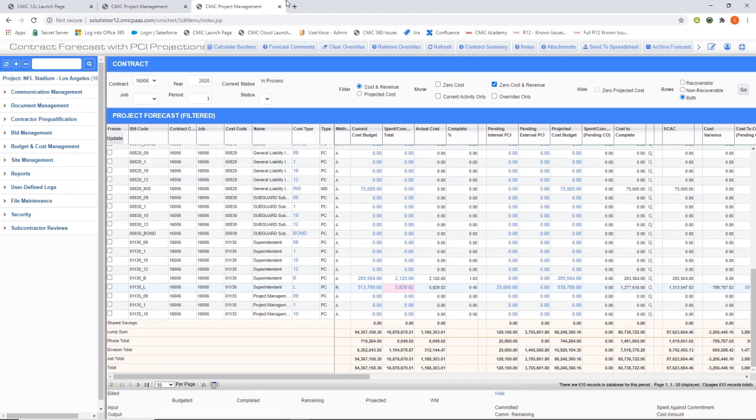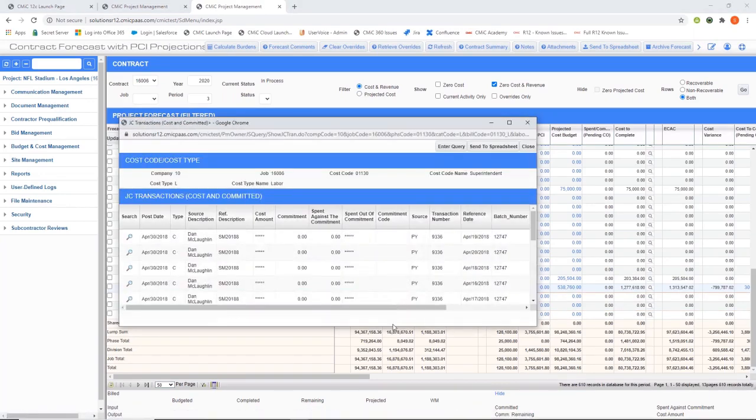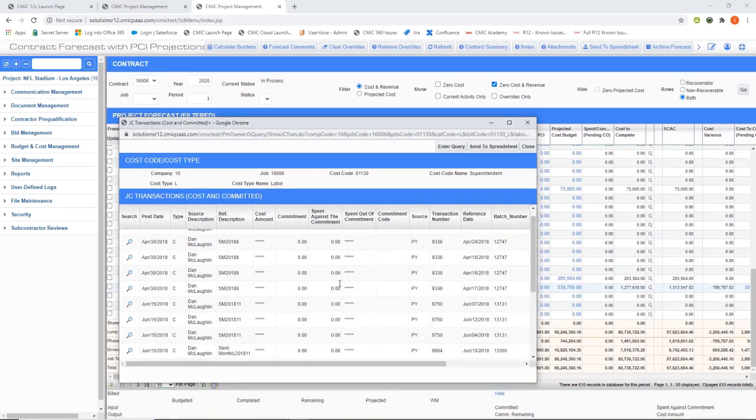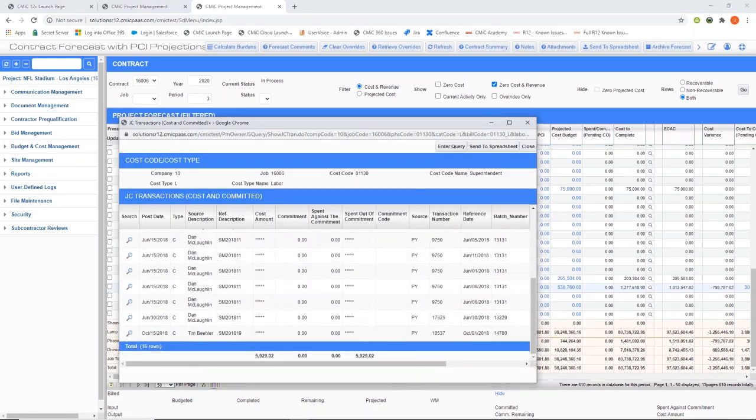But posting timesheets can happen pretty much as frequently as you want. And when a timesheet gets posted, the charge rate for the job, if it's a blended rate or you have separate burden calculations, all of that's going to go towards job costs, so that when I look at my line item here for superintendent, I can see that I have currently spent just shy of $6,000 on this line. And if I drill into it, I'm seeing all of the posted payroll transactions that are charging to this line